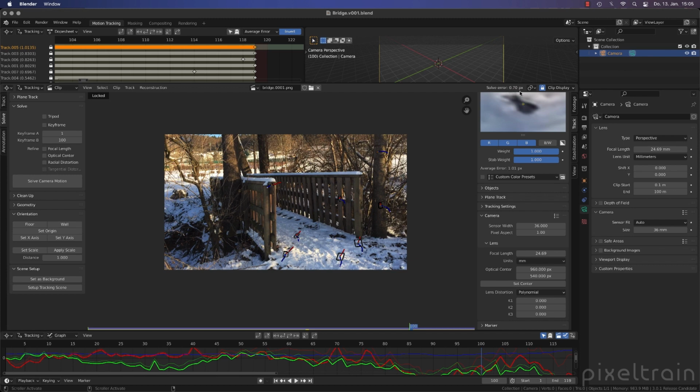Let's test that. We have 0.7 here. Let's say, what if the focal length was not 24? What if the focal length was a normal lens, which is 50mm? Let's try that. I enter now 50 here and say, solve the camera. And look at that. Interesting. Suddenly, our solve error is dropped down to 0.44. That means our solve is now better. So maybe it was not a tracker. It is the focal length which was so wrong that the points are not moving correctly anymore.